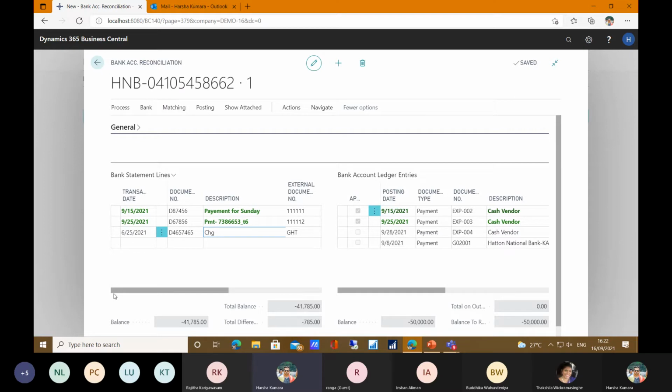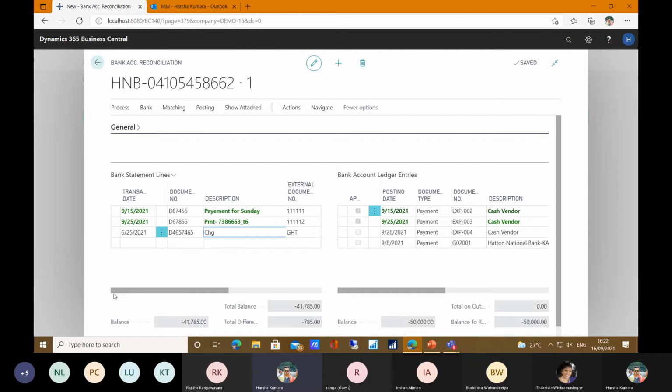You can also update using different batches in Dynamics NAV. But using bank reconciliation, you can transfer from here to the bank charges batch, and you can post easily